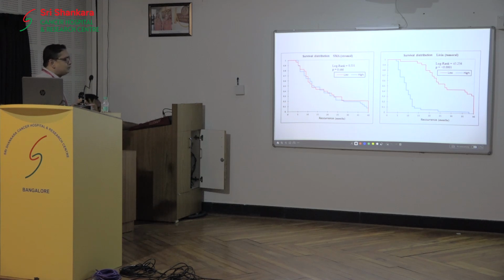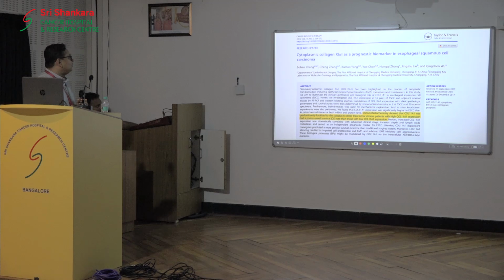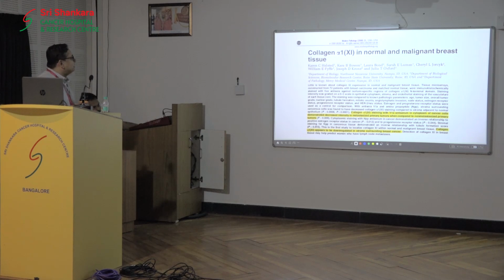We were surprised, because the literature so far shows that collagen is expressed in fibroblasts, but what we are finding is totally different. So we went through the literature analysis again. We found that in esophageal cancer, collagen expression in the tumor region is a bad prognosis. Also, in breast cancer malignant tissue, these two papers show that collagen 11 expression specifically in the tumor region is a bad prognosis,